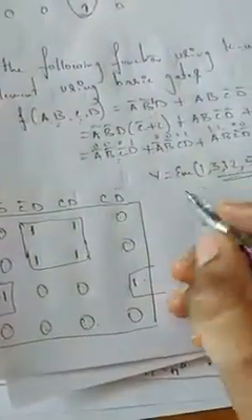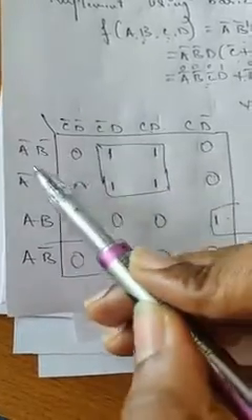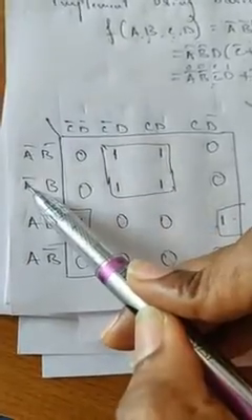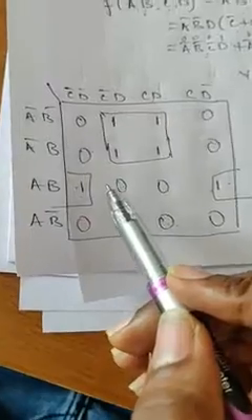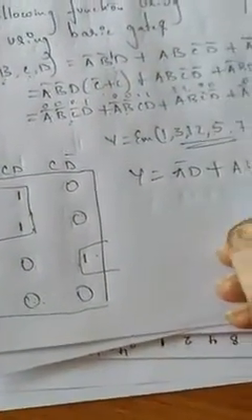So let me write the expression. Y is equal to, what is the expression for this one? C bar C cancels, D bar remains. Here B bar B cancels, A bar remains. So what is the answer? A bar D plus, what is the expression for this one? A B, look at this, C bar D bar and C D bar. D bar D bar will be the same, C and C bar cancel. D bar is here, A B is here, so A B D bar. So this is the expression you are going to get.